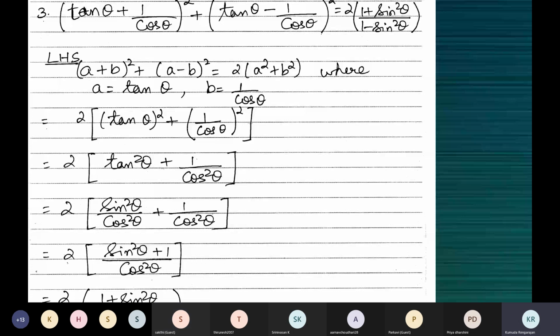Next, we'll do heights and distances because that is the application part of trigonometry. Now that we have learned trigonometry, how is it applied in real life? What's the use of trigonometry? Why should we learn trigonometry? I did not tell you all some applications of trigonometry. That's the name of the chapter. It's also called heights and distances. In the NCERT textbook, that's how it's called: Some Applications of Trigonometry.